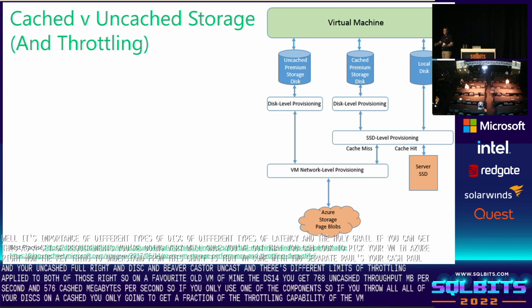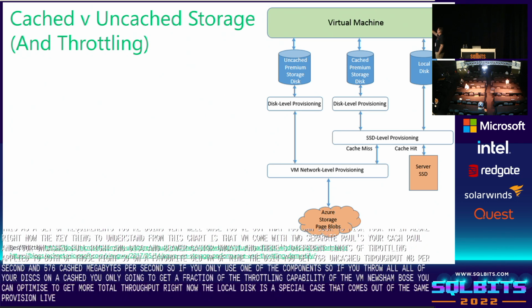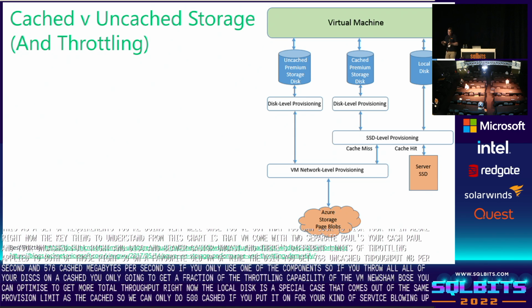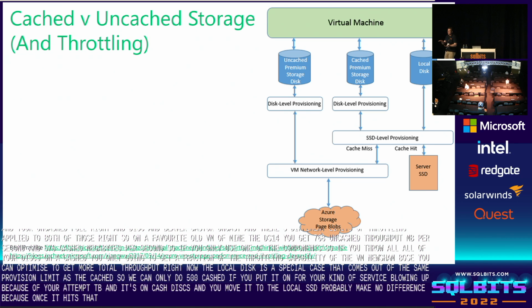So once you know you have 2 pots, if you can abuse them both, you can optimize to get more total throughput, right? Now, the local disk is a special case. That comes out of the same provisioning limit as the cached. So if you can only do 500 cached, and say your server's blowing up because of your temp DB, and it's on cache disks, and you move it to the local SSD, it's probably going to make no difference, because once it hits that throttle, it's not going to